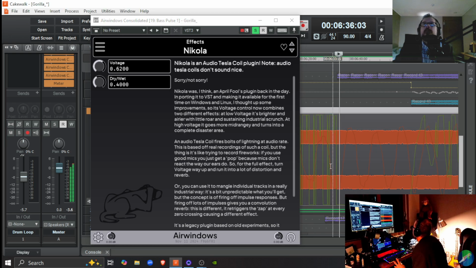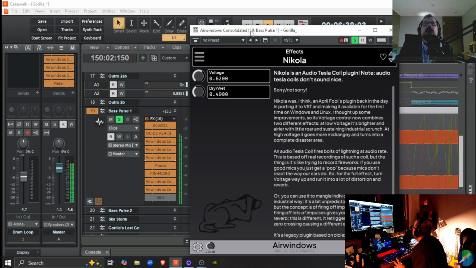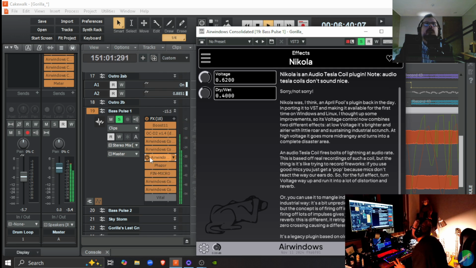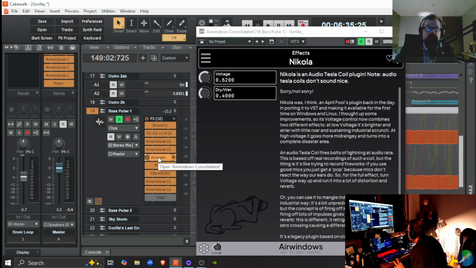Right here. It's a Tesla coil. It's a Tesla coil plug-in. You can set the voltage. I'm still tweaking all this, right?